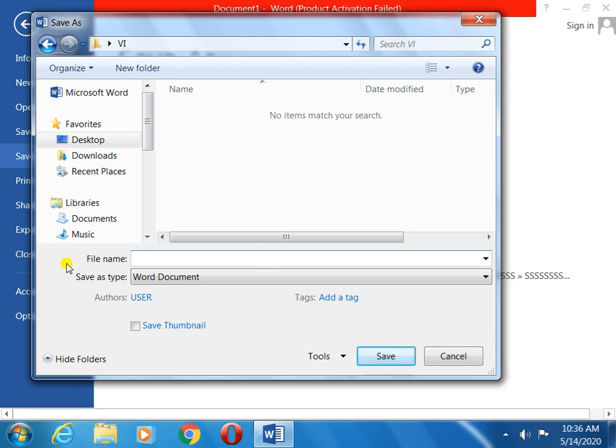But my dear, whatever file name you give, you can apply it only one time. The second time you have to give another name. Now I am giving the file name: school, class 6. Then click on the Save option.